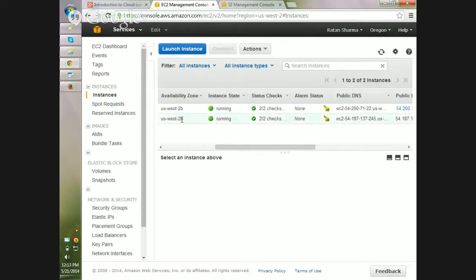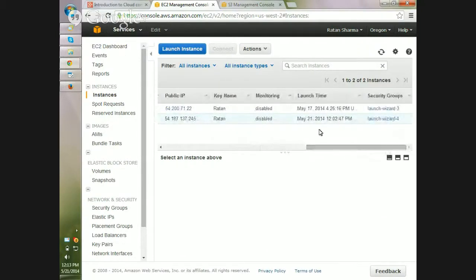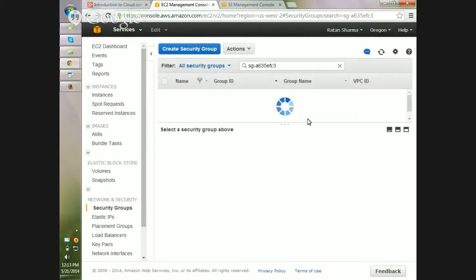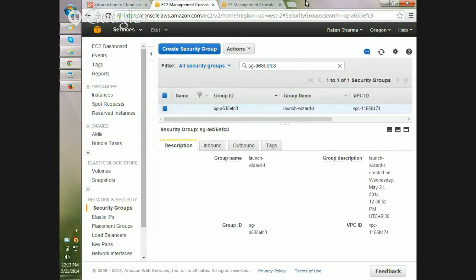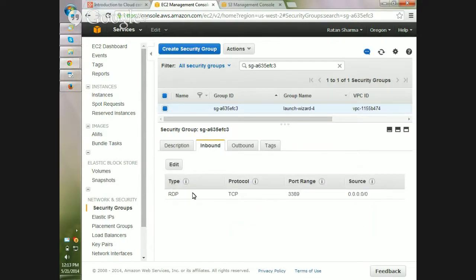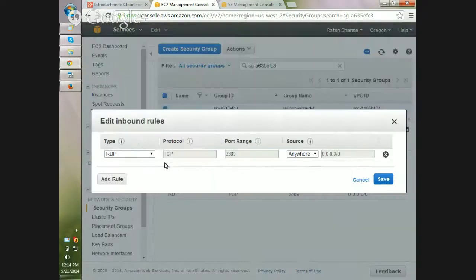The second one we were using has been created. The date is 21st May. Now there is a security group here for this launch wizard. This is the Imagine security group that we can assign for this particular instance that we are creating. So whatever inbound traffic is coming, you have to give the permissions over here. RDP is given by default at this point of time, but this is the one you need to give if you want to RDP this machine from whatever IP.